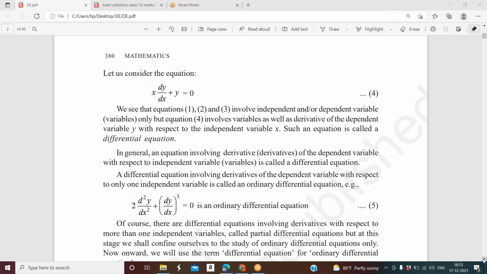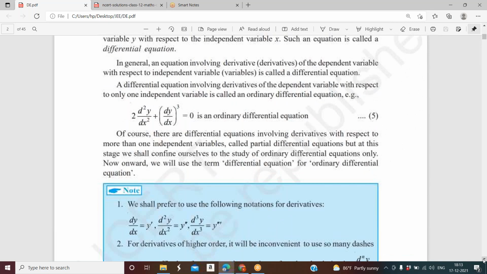Next, partial differential equation. What do you mean by partial differential equation? We have discussed ordinary differential equation. Then what do you mean by partial differential equations? There are differential equations involving derivatives with respect to more than one independent variable, if the dependent variable is depending on more than one independent variable. In ordinary differential equation, we see only one independent variable, right? That is x here. But if we have more than one independent variable,